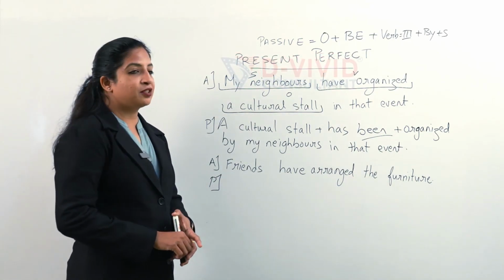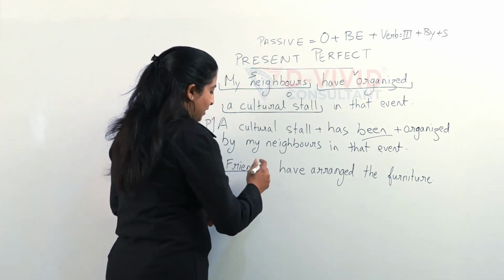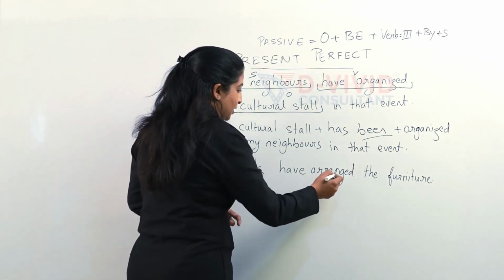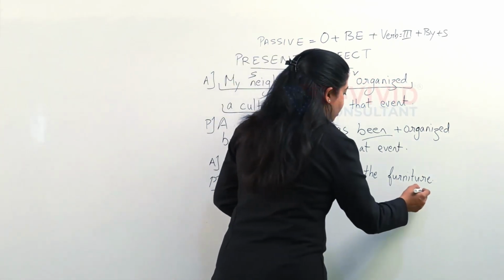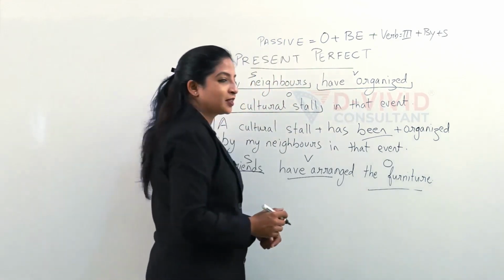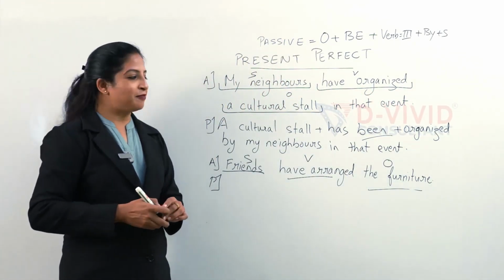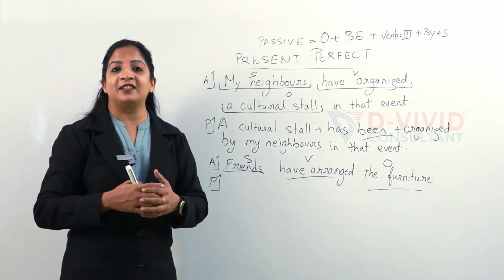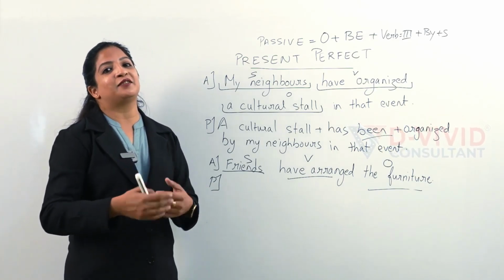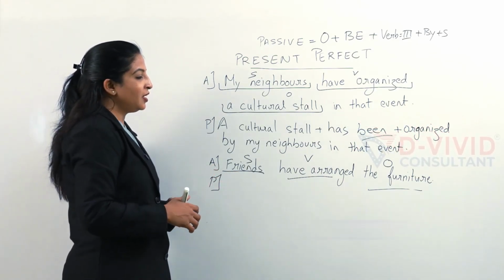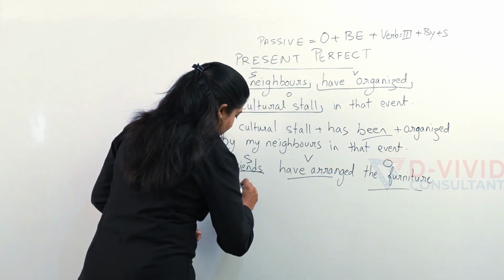Friends have arranged the furniture. So how will this be? So this is my subject, this is my verb, and the furniture is my object. So till now you might have gotten quite confident in converting different active sentences into passive. So let's try this one. The furniture